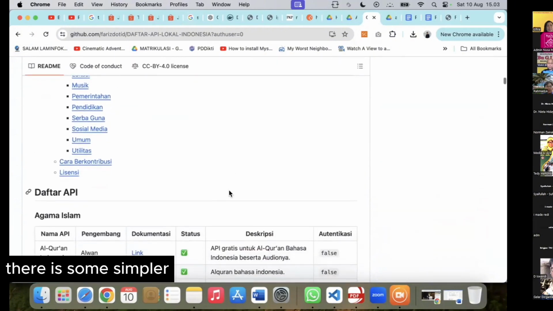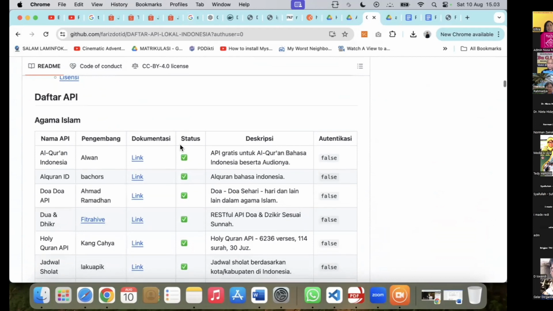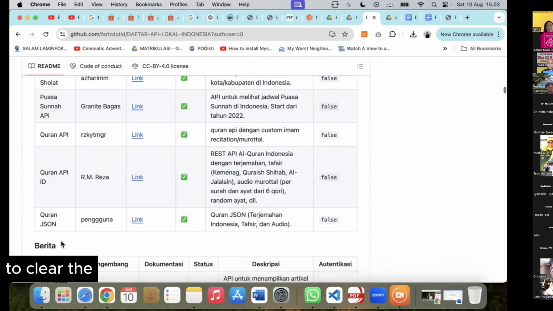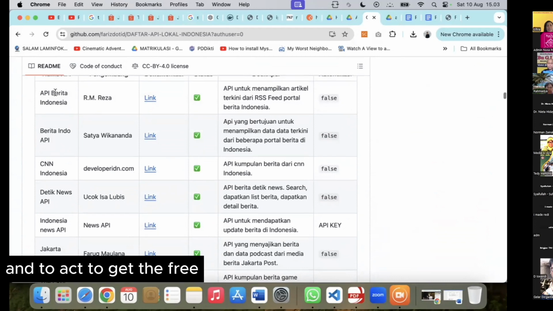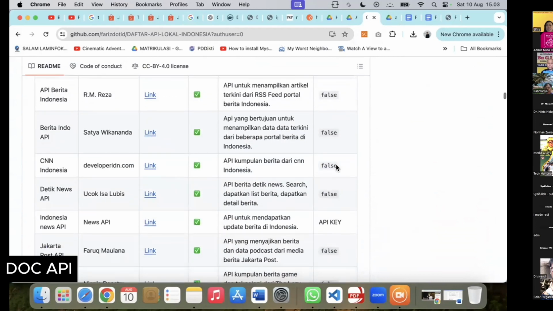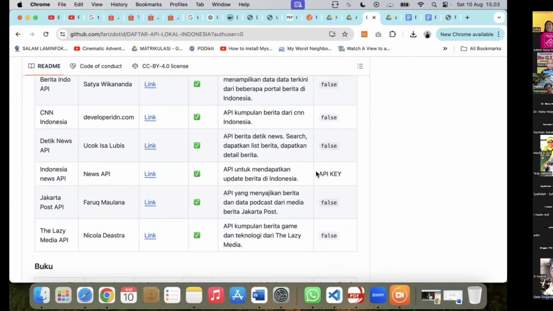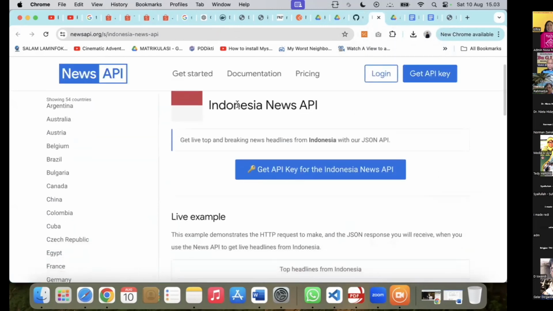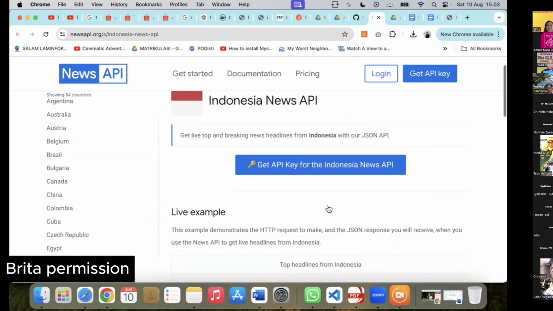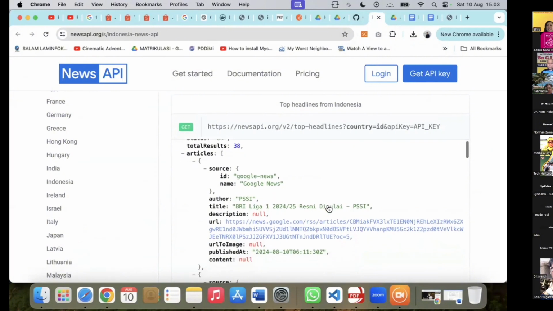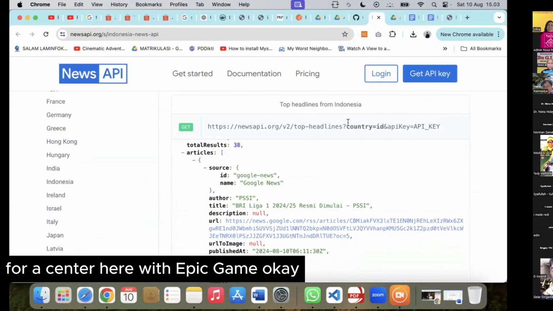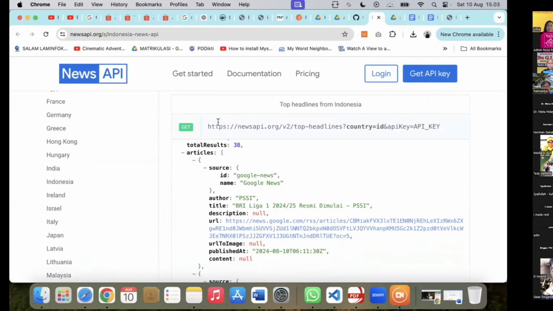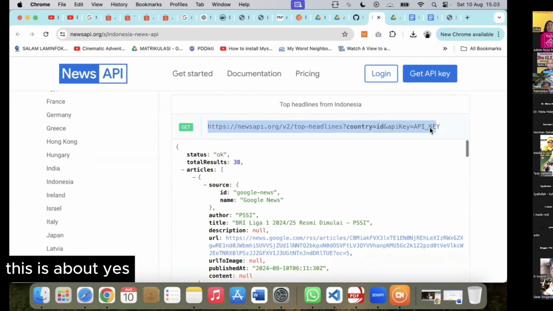There is some sample to get the free API. For example, the berita information. For example here with API. Okay, we check this link. This is about news.